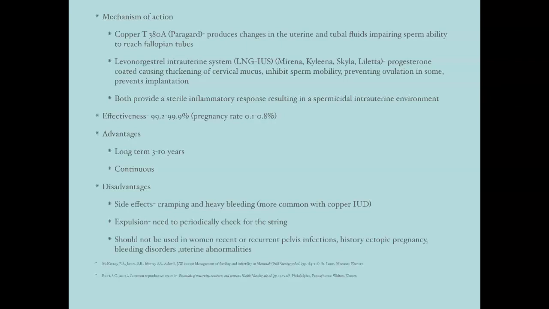Women with bleeding disorders, especially if you're worried about heavy bleeding, and for obvious reasons, because it is going inside the uterus. If there's any kind of uterine, particularly structural disorders or other uterine abnormalities, you may not want to use it in those women. And then, because you've got a foreign body there with a string in the vagina, we used to really